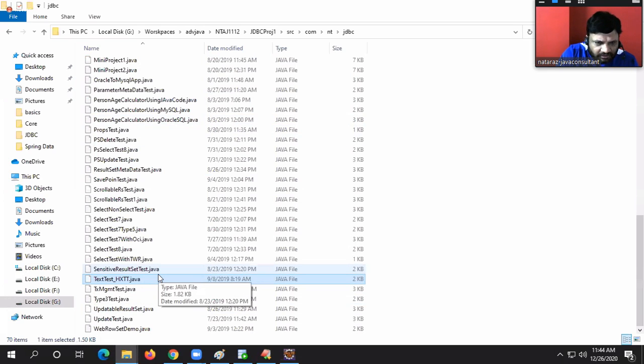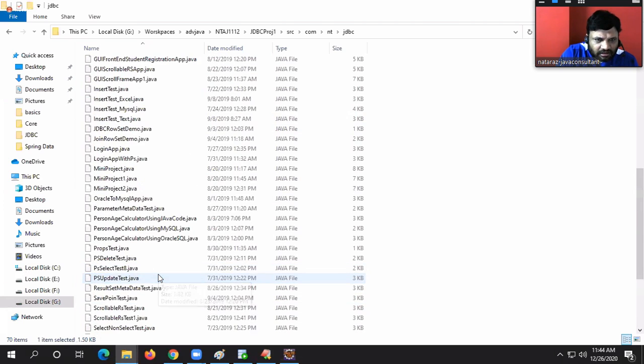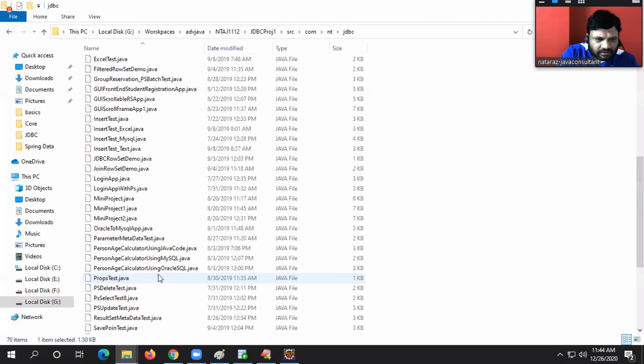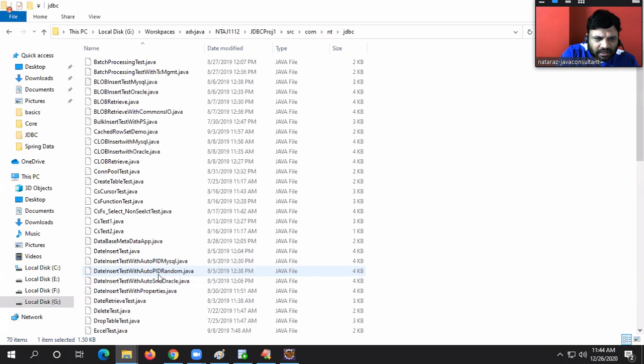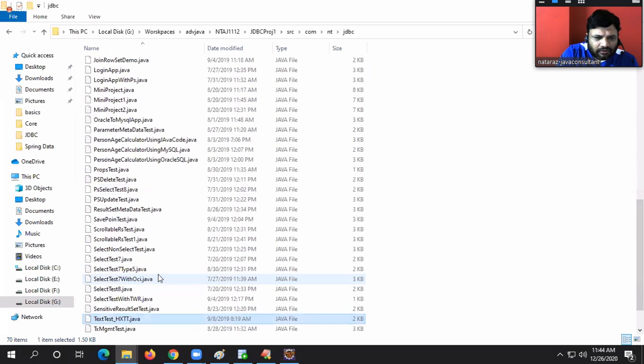Type 5 driver is not discussed? How come that is not discussed, guys? Somewhere it will be there. Type 5 will not be there at the beginning, maybe at the end.